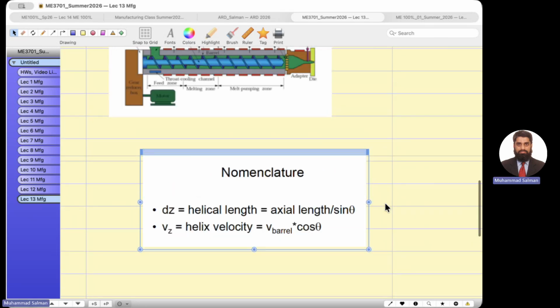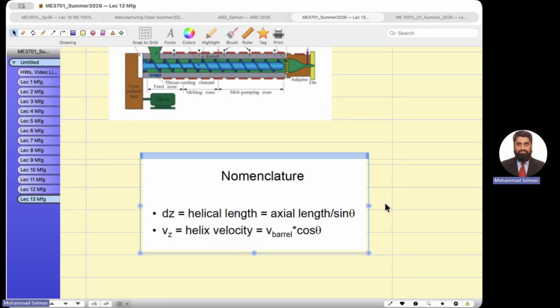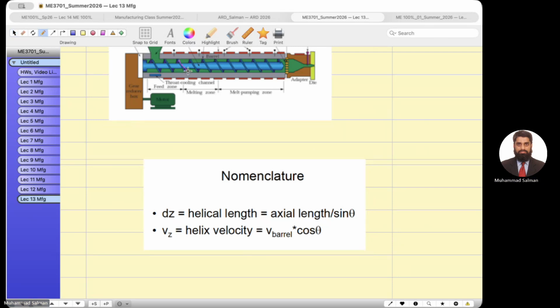The helical length, it is the length. This is like a DC. Okay. So if I draw it like this, this is the axial length. Okay. Axial length is, for example, like DL, small length. Okay. This is the angle theta. Suppose this is my